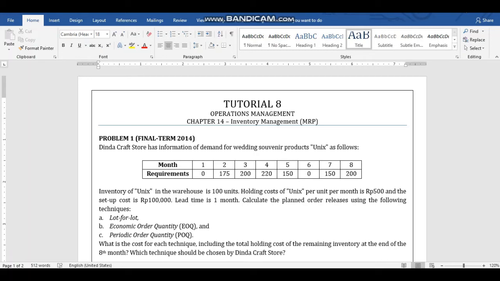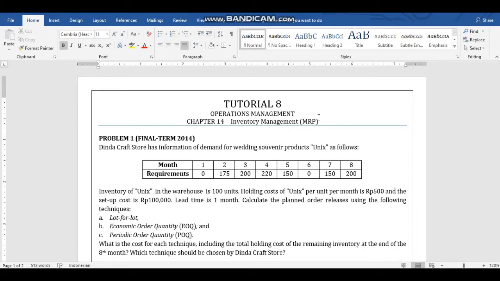Hi all. So today is our eighth session of our tutorial class, and today we're gonna do some exercises related to chapter 14. And actually, it's still about inventory management, but to be more specific, it's talking about MRP or material requirement planning. And maybe before we solve the problem, I'm gonna explain a bit about what is